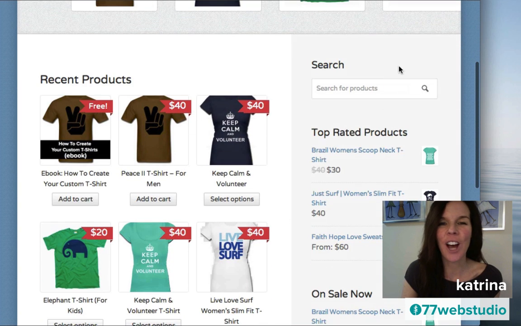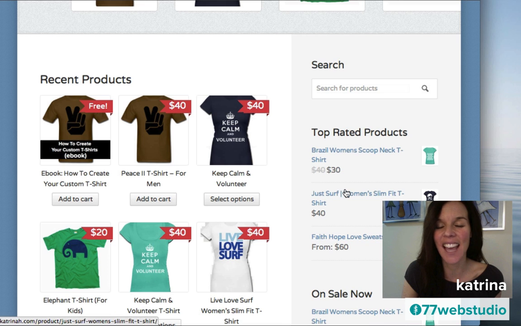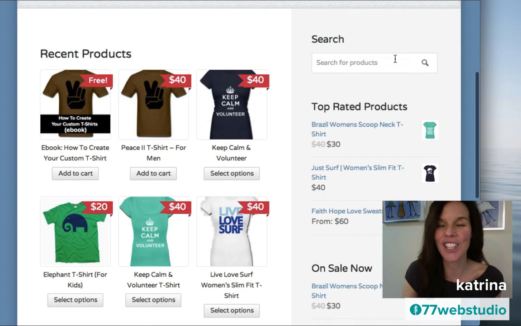Okay, so moving on, right here on the right-hand side, this is a sidebar, and with the sidebar, you can add whatever custom content you would like. So I'll show you how to configure different custom content here in the sidebar. We see in this particular example, I have a search for products widget at the top, so anyone can easily search for products directly from this search box right here.